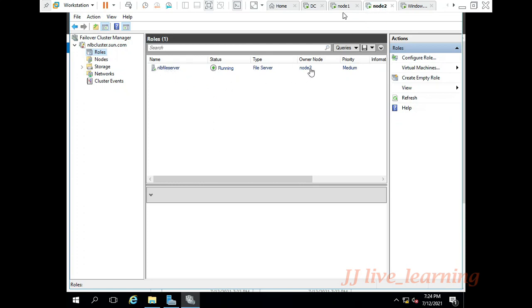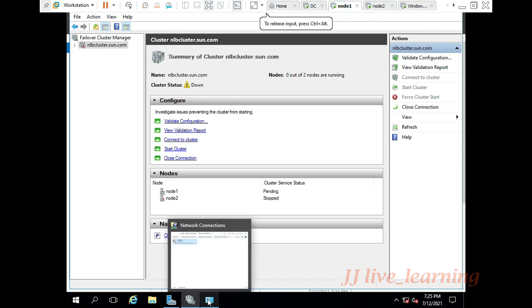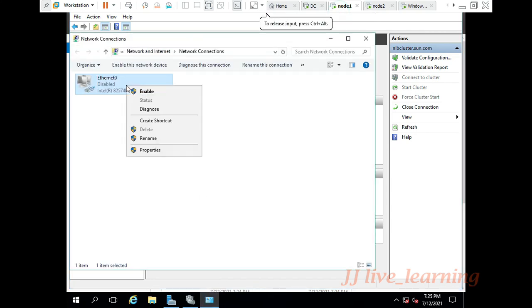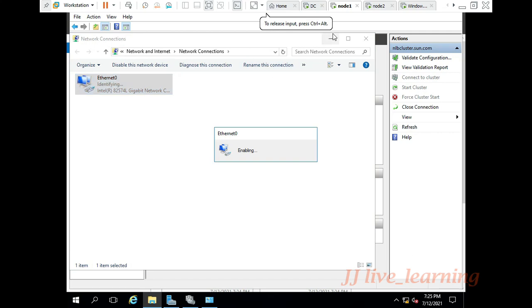Automatically the ownership will be changed on your node 2. The failover cluster will be done at the back end. So node 2 will take the ownership automatically, and it will act as a primary failover server. So this is the backend process which is done on your failover cluster.